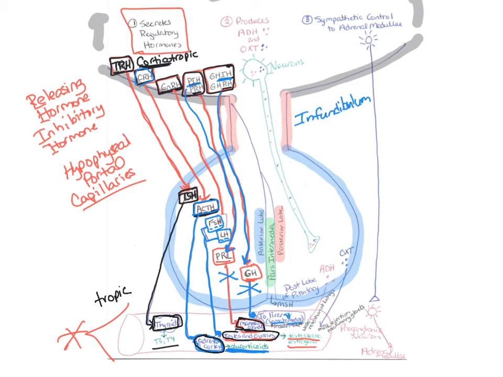All right, now let's talk about that middle lobe, which is called the pars intermedia. This is kind of a simple one. The pars intermedia releases one hormone. That hormone is called melanocyte stimulating hormone. So melanocyte stimulating hormone is going to stimulate the melanocytes. Do you remember what the melanocytes do? Mostly what we know about the melanocytes is that they produce melanin, which is a pigment which makes the skin